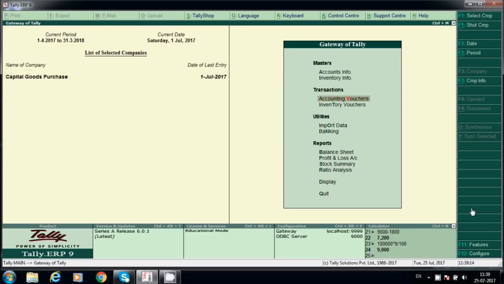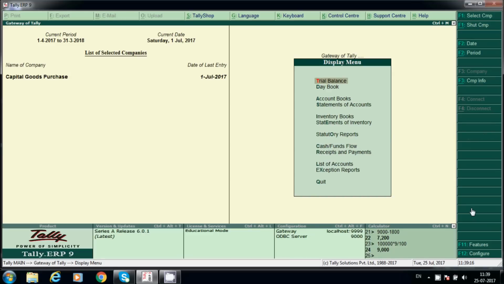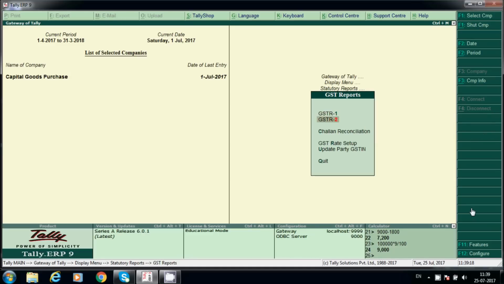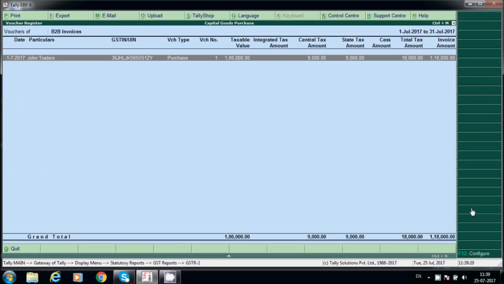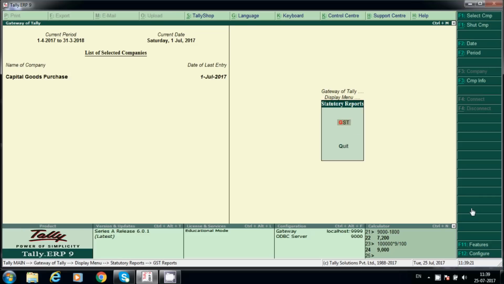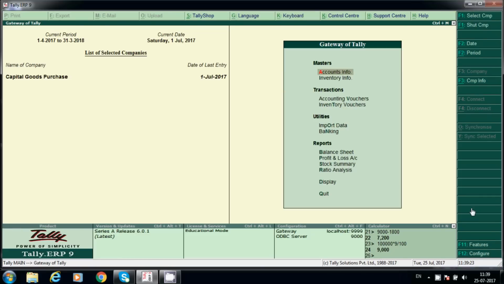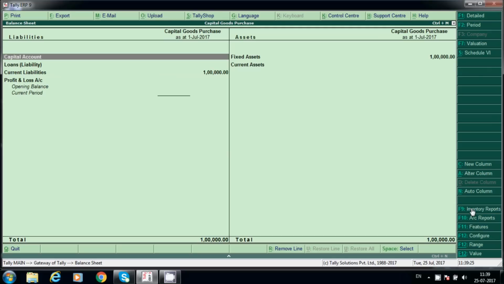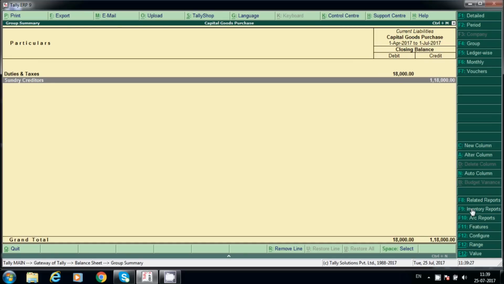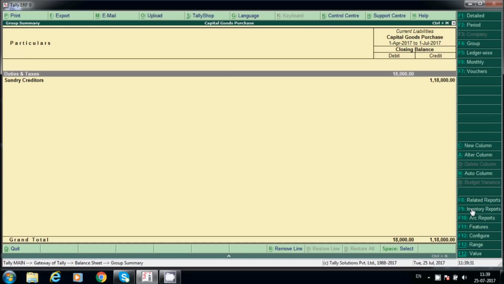Now we posted, and we'll see Display, Statutory Reports, GST, GSTR2. Now go to the balance sheet. Under duties and taxes it is showing 18,000 GST.